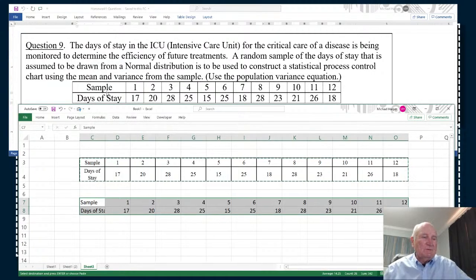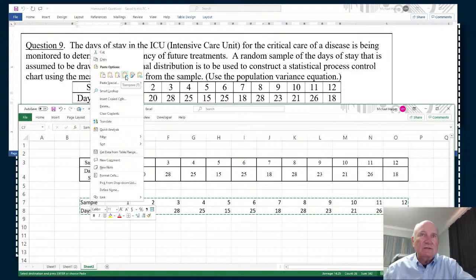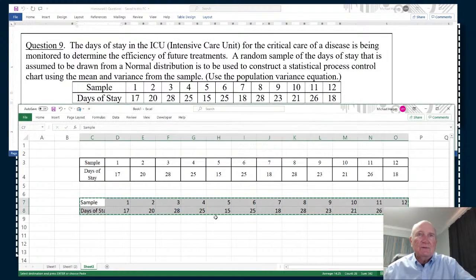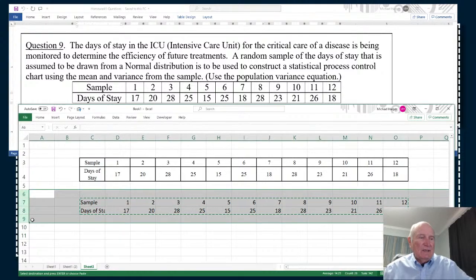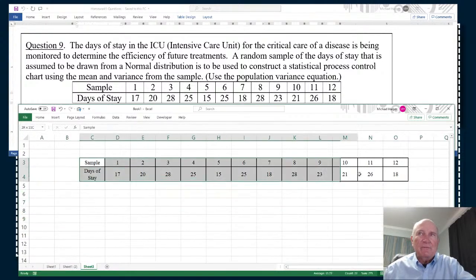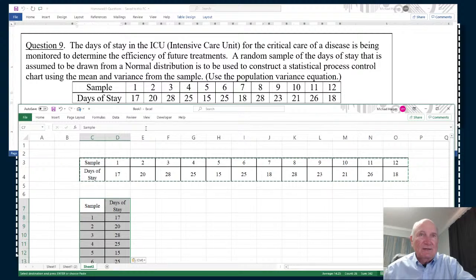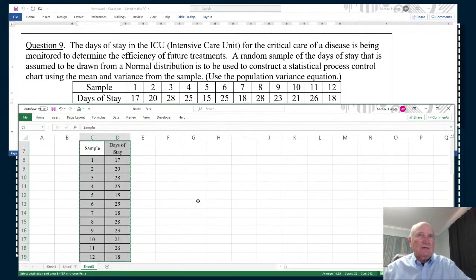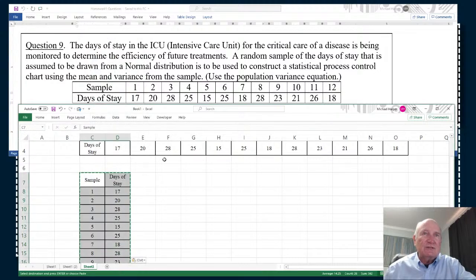Okay, whoops. And then Control C that, right click, and then come over here and transpose it. Whoops. Let me do this again. It erases it. Let me do it the other way. Okay, Control C, come down to here, right click, and let me transpose it first. There we go. And then Control C, and then paste it again with just the values to make sure they're